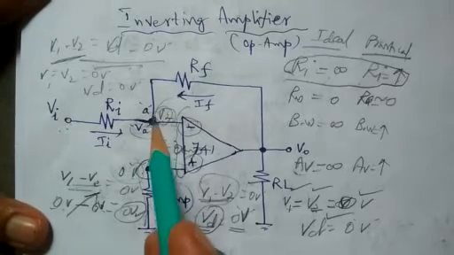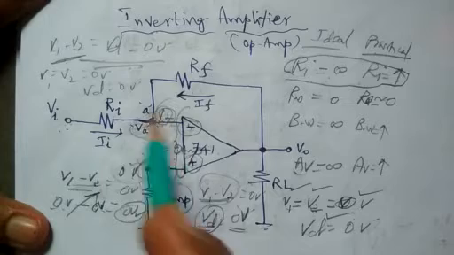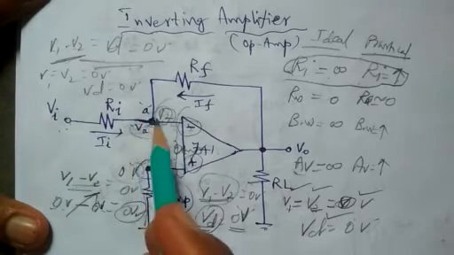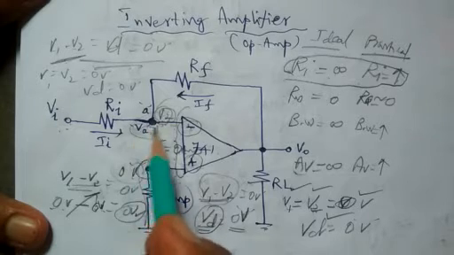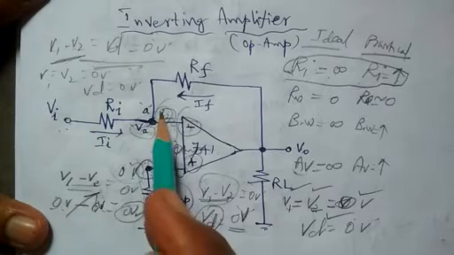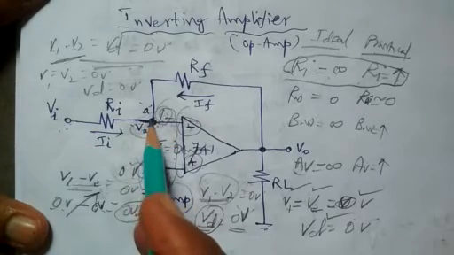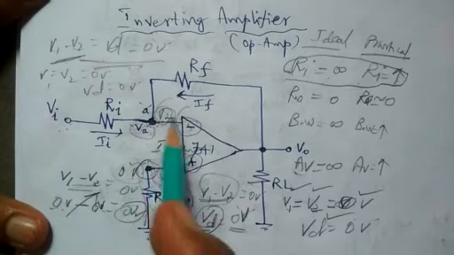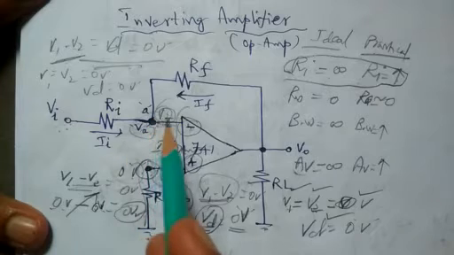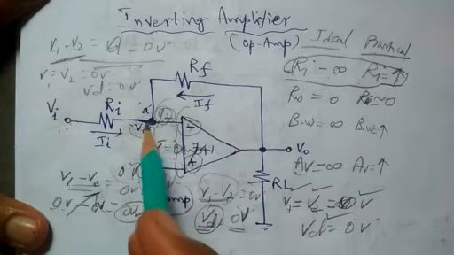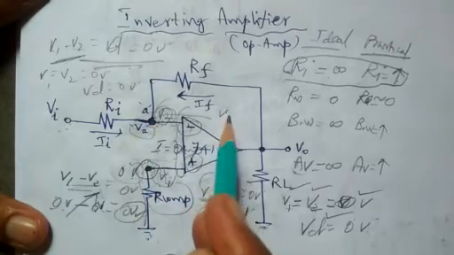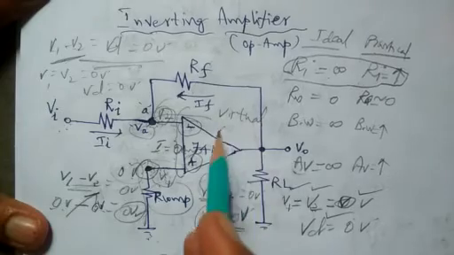But the thing we have to look at here is that node A, or VA, at this point is not physically grounded, but the potential at this node A, say VA or V2, whatever it may be, is equal to 0 volt in order to satisfy the input conditions of the operational amplifier. So this place is called a virtual ground. That node A is called a virtual ground.